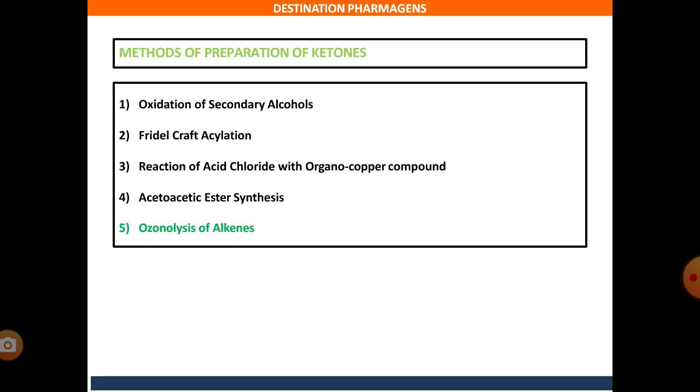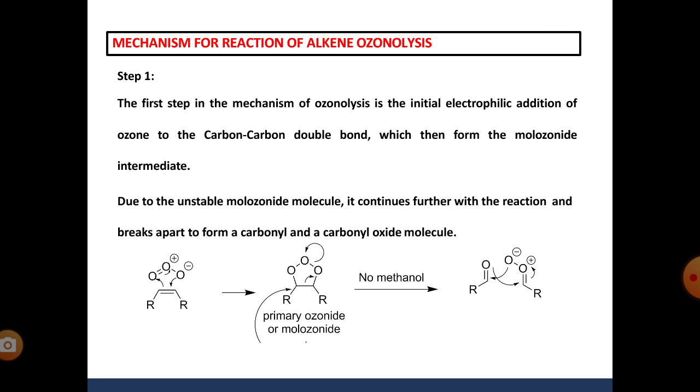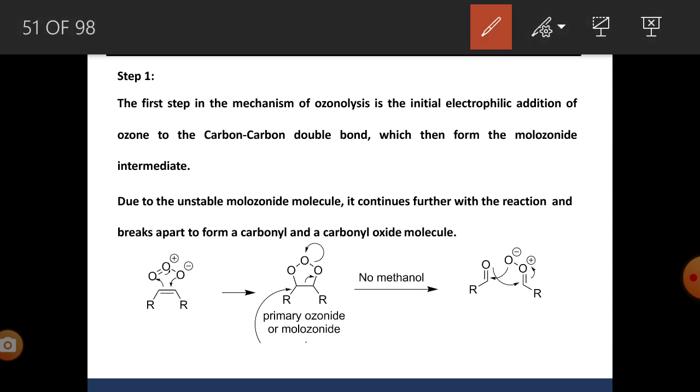Now in the next step we'll see the last method, ozonolysis of alkene, that we have discussed in the alkene topic. In that, the first starting material is a carbon-carbon double bond, that is alkene, and the second starting material is ozone. In ozone, you can see there are three oxygens. O3 is the molecular formula for ozone. One oxygen is neutral while one is electron deficient, which is shown by a plus sign. One is electron rich, which is shown by a negative sign.